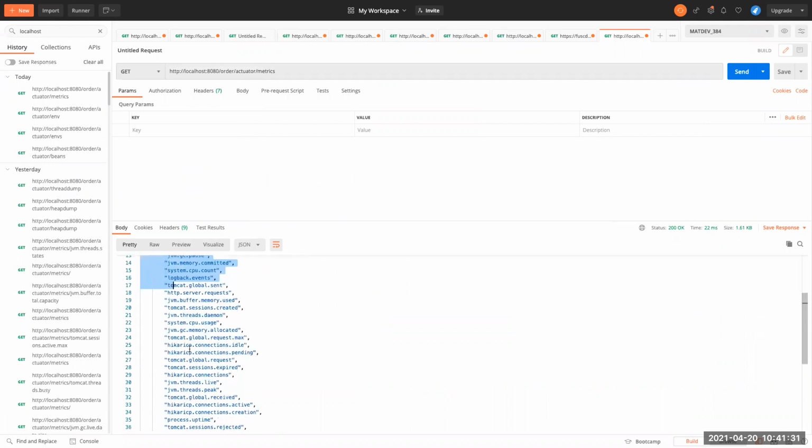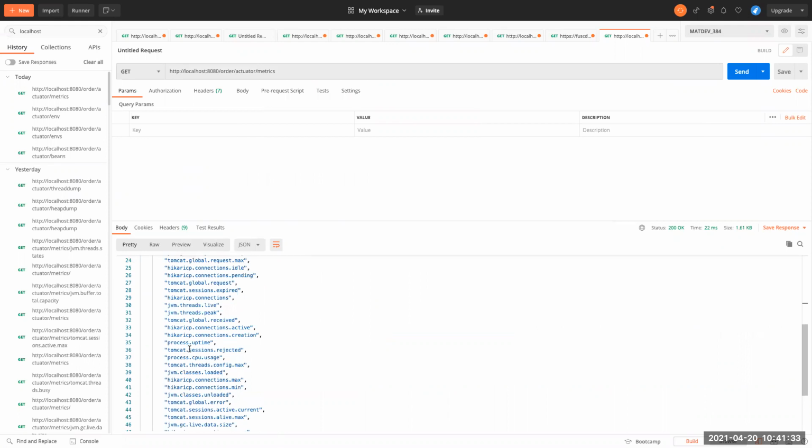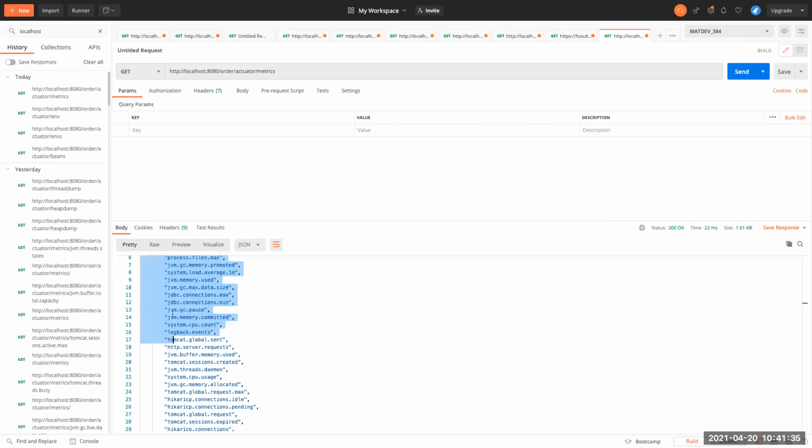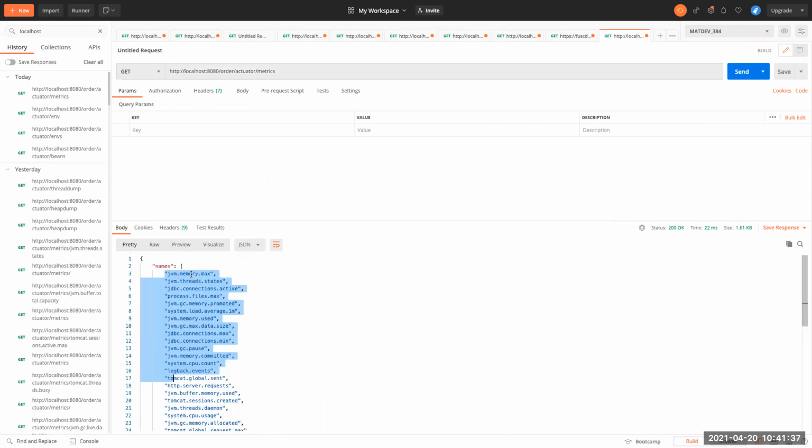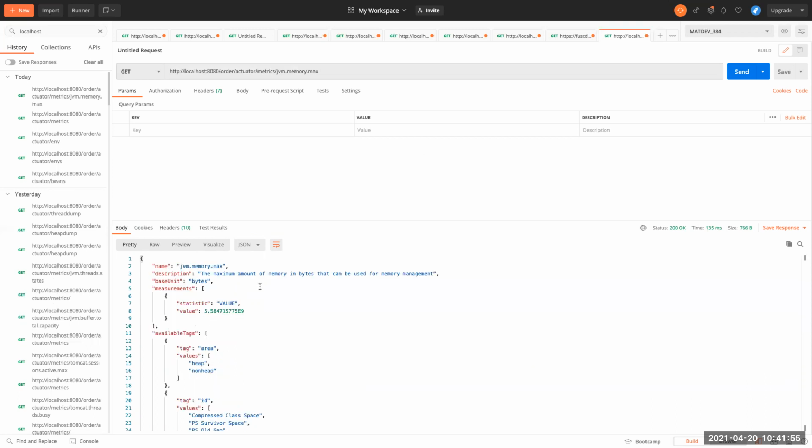We can use each parameter and get the data, for example what the memory max size is.